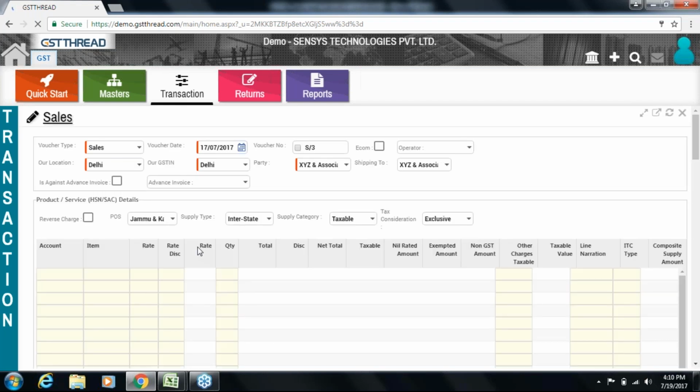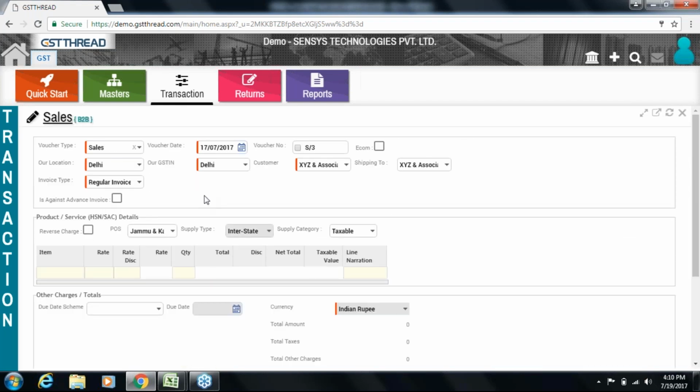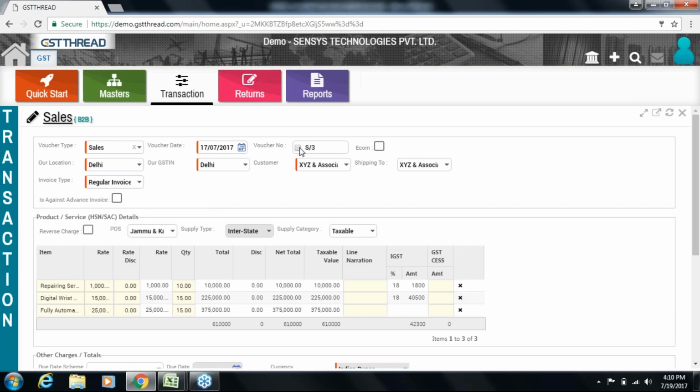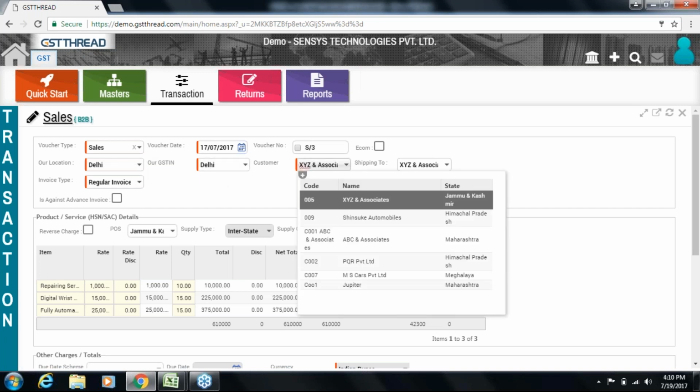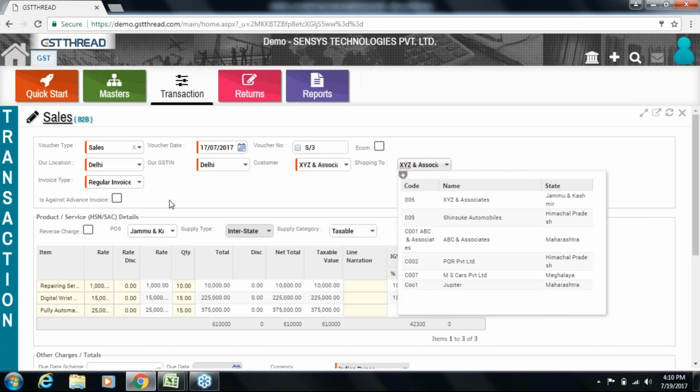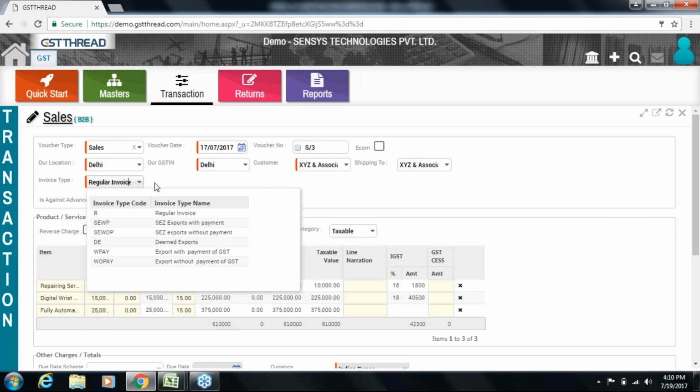The voucher type shall be sales, the date on which the sale transaction is made, voucher number can be the bill number, our location that is Delhi, the GSTIN of Delhi, the customer XYZ and Associates who is located in Jammu and Kashmir, shipping address shall be the same, invoice type can be a regular invoice, SEZ export with or without payment of taxes, deemed export, and export with and without payment of GST.